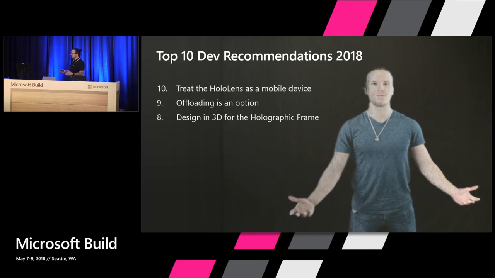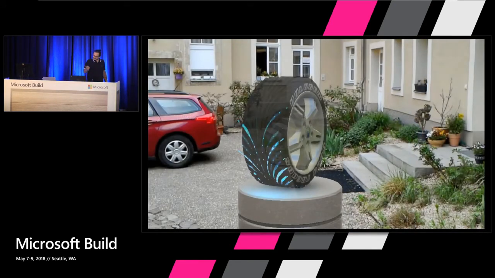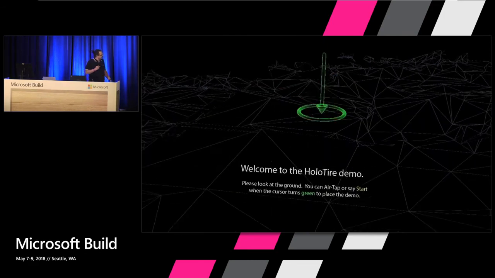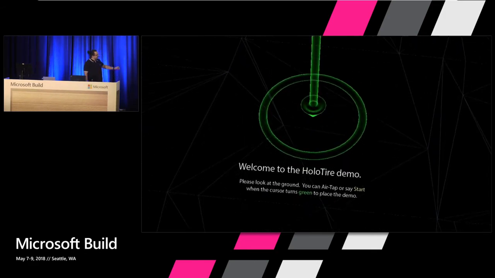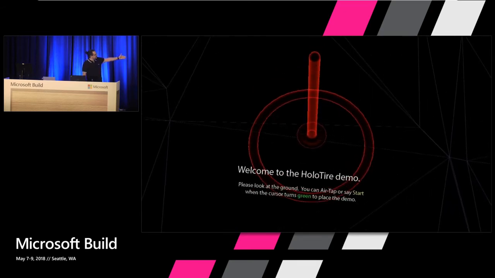So think about that. Another part, of course, think about the holographic frame. Some people call the holographic frame the field of view. It's basically the display size of the HoloLens, right? It's not full-faced. So one strategy you can use is, for example, let me show the video here real quick. For this demo, the user is allowed to place this hologram initially. And if the user wants to place it too close, we're not allowing it.